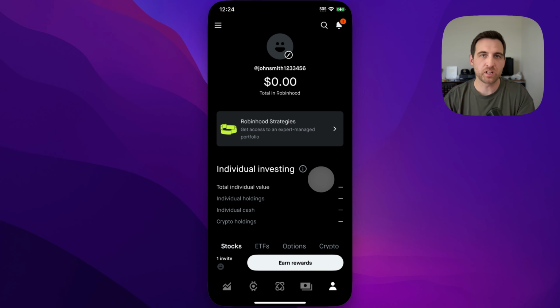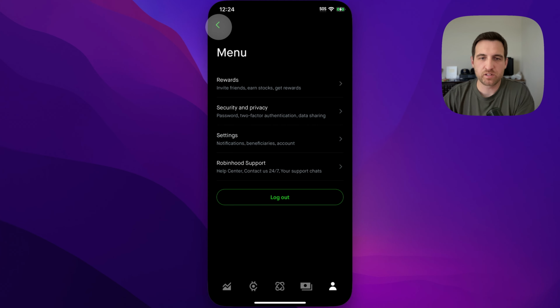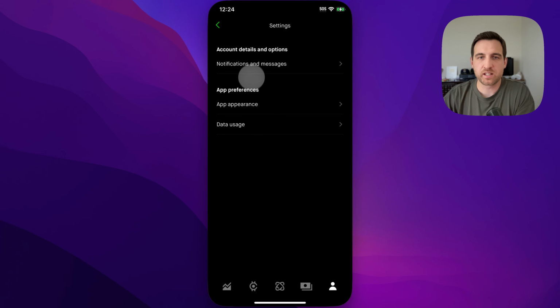Here's how to turn on notifications in the Robinhood app. We're going to go up to our menu drop down. That's the 3 lines in the top left. Now inside of here, you're going to find a settings area. We're going to click on settings, and then at the top or somewhere near the top or middle, you'll find